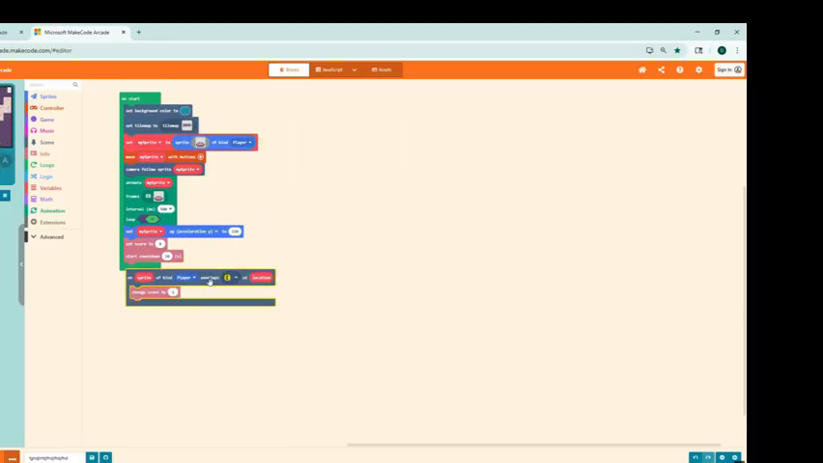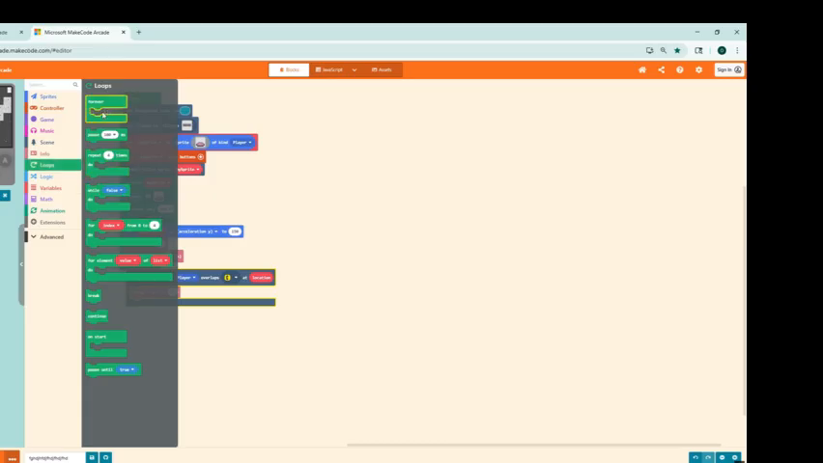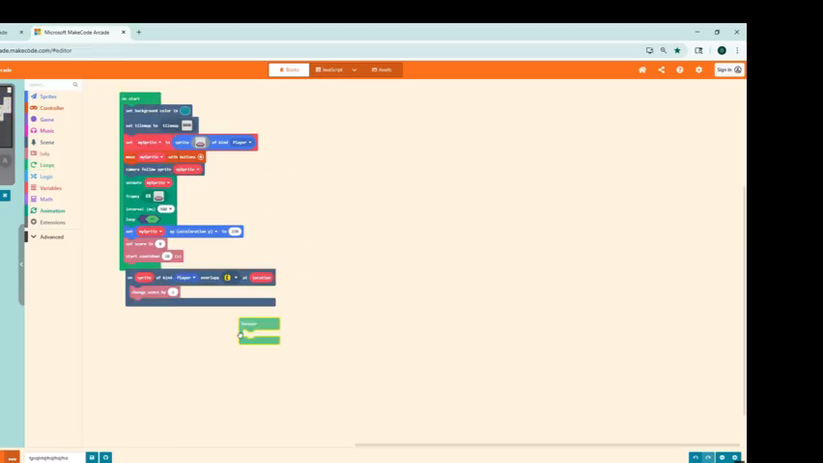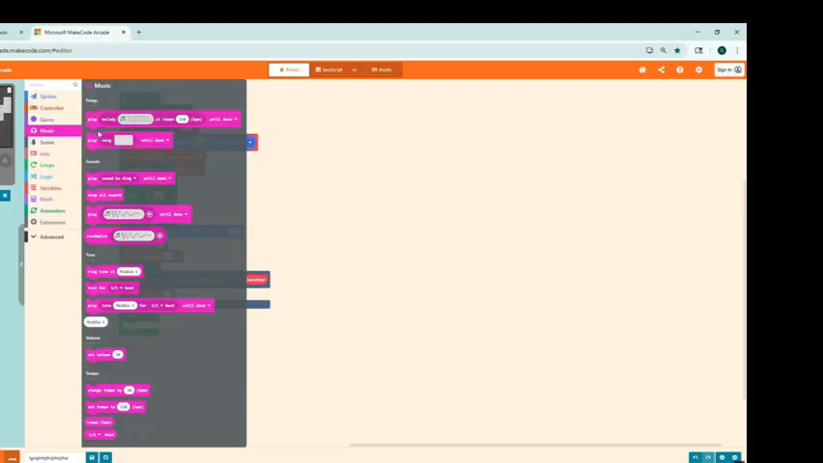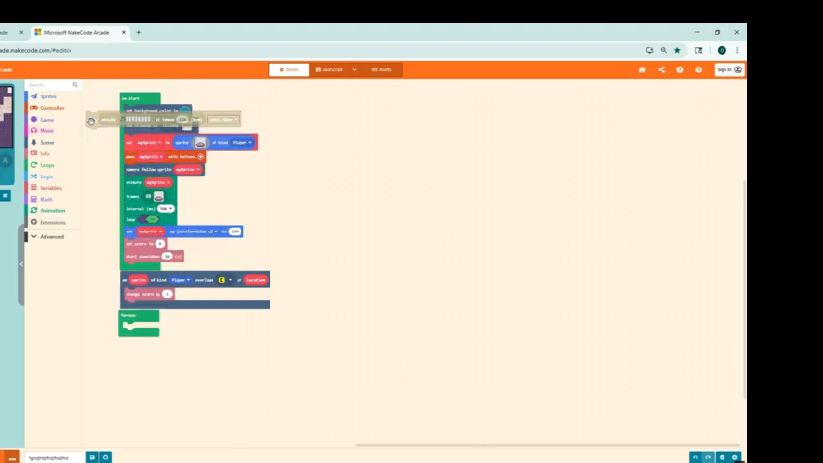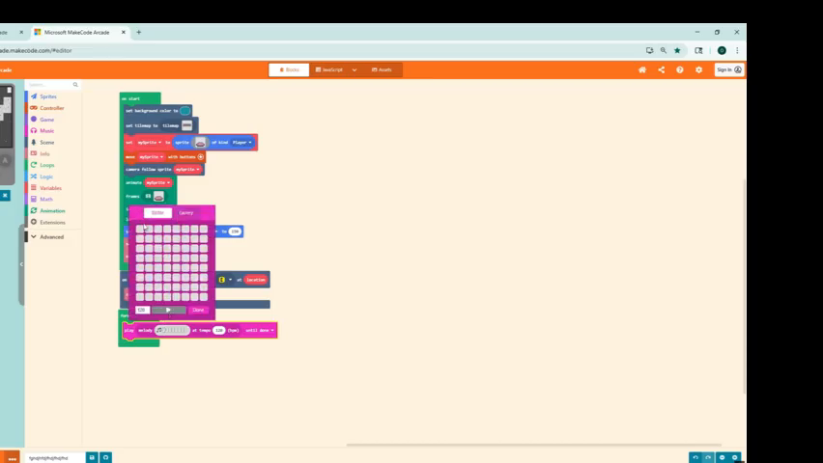Now you want to go into loops and grab the forever and then move the forever down there. And then in the forever, you want to add music. So go into songs, click on the first one, and go into there and make your song. But I'm just going to make a basic song. Or you can go in gallery and pick one. And then you can play it and see if you like it. Once you click done,